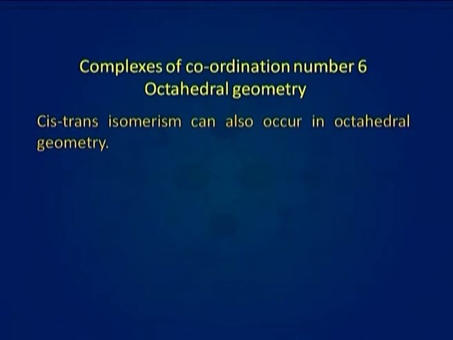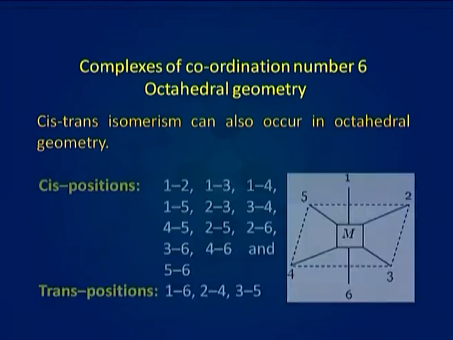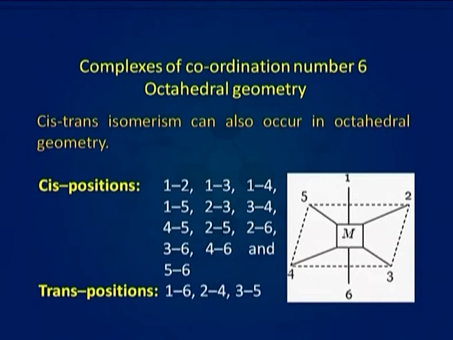Now, let us discuss the complexes of coordination number 6, that is octahedral geometry. Cis-trans isomerism can also occur in octahedral geometry. In this figure, octahedral geometry has been shown. Here is the metal and the 6 positions of octahedral geometry are numbered as 1, 2, 3, 4, 5 and 6. Now, cis positions are 1 and 2, 1 and 3, 1 and 4, 1 and 5,